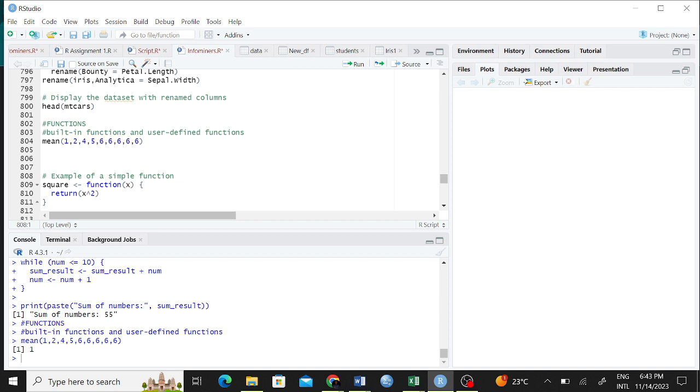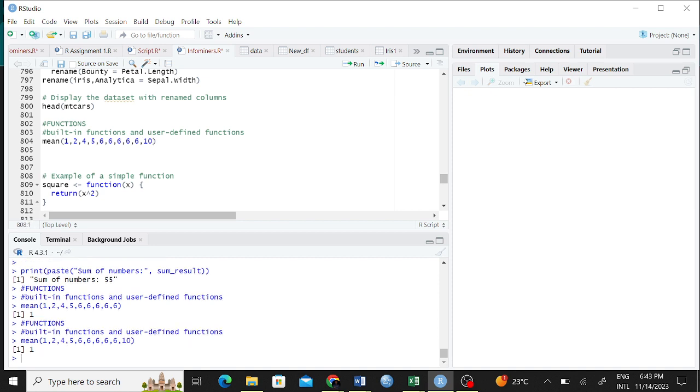It's telling you that it's one. Suppose now we are getting the mean of these numbers. Are we going to get anything really?